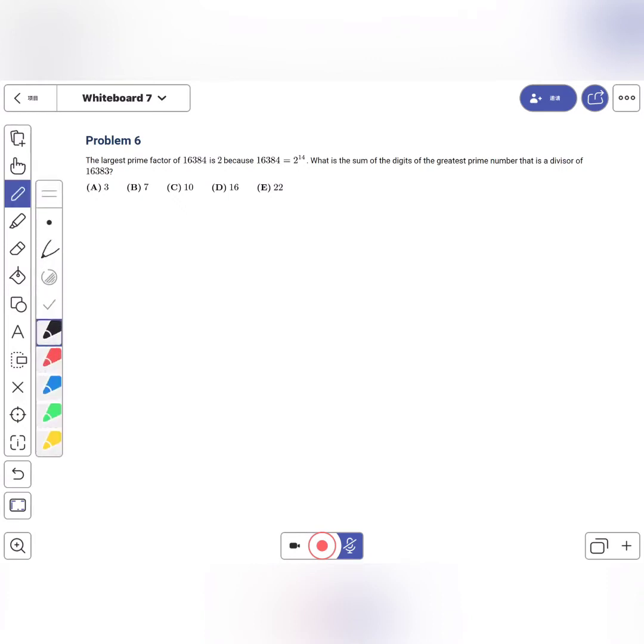So we have the largest prime factor of 16,384 is 2, because this is equal to 2 to the 14th power. And what is the sum of digits of the greatest prime number that is a divisor of 16,383? So first, we can rewrite 16,383 as 2 to the 14 minus 1 by the given condition. And we see, by the difference of squares,